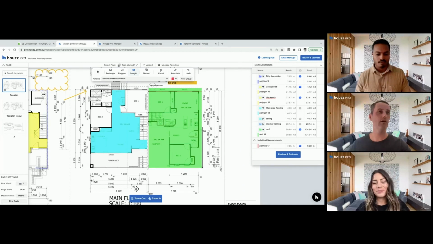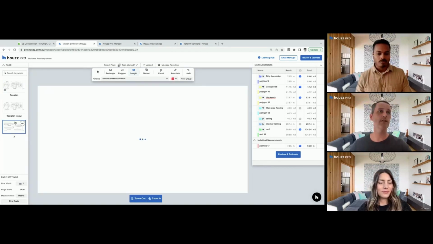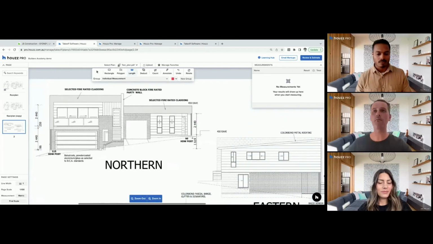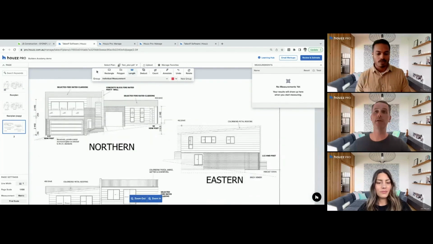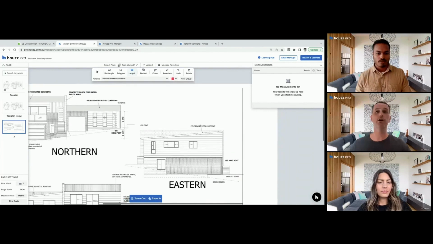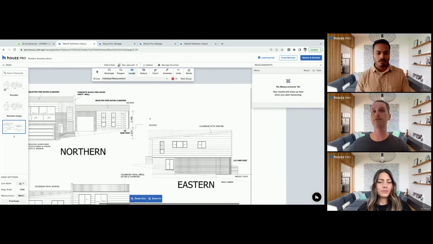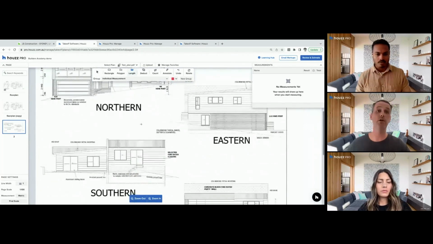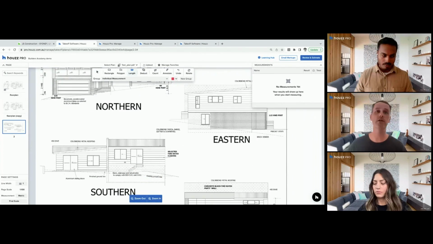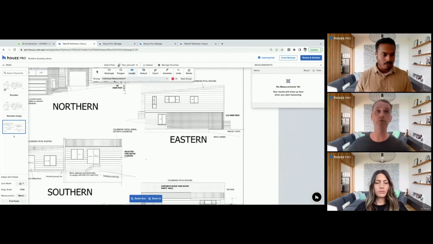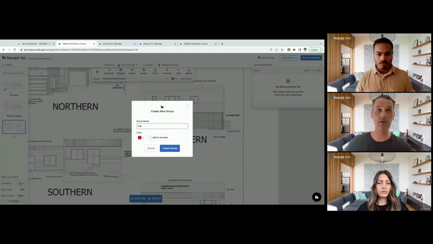Perfect. Okay, let's jump down here into the elevation. Okay, we'll zoom out slightly. So if we were measuring cladding for this house, this is something that we can do quite easily. You can see there's a lot of windows, a lot of big windows, so we want to make sure to remove them. So what we're going to do is grab the polygon tool. Again, we're going to create a new group. We are going to call it external